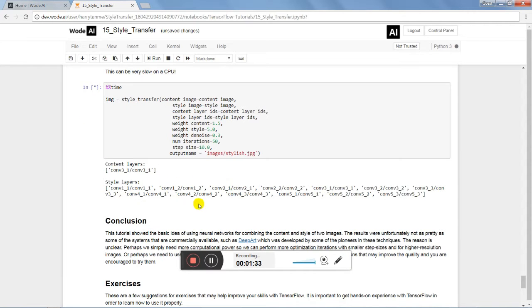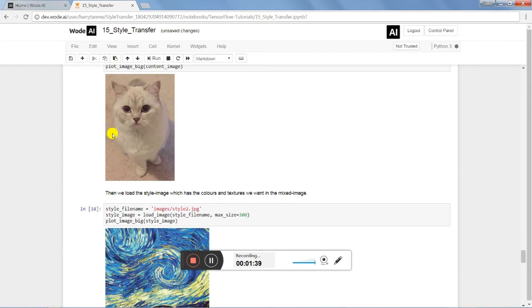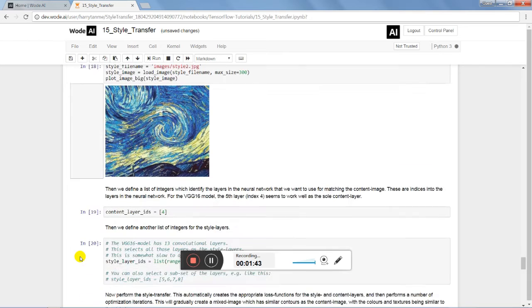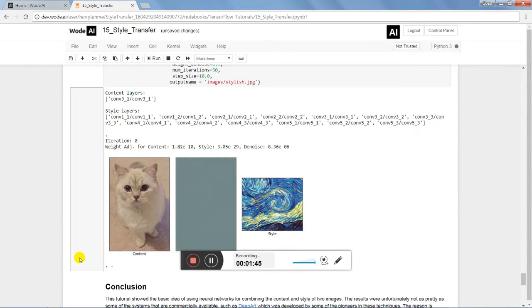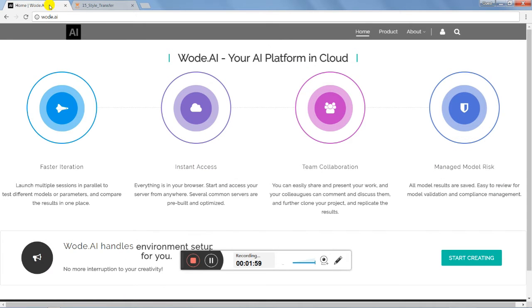There, we see there are some outputs right now. We're going to see how we can transfer this image into a Van Gogh artwork. We've already seen this is working, and we're going to come back to see what it's going to look like for this cat. Now we go back to products,